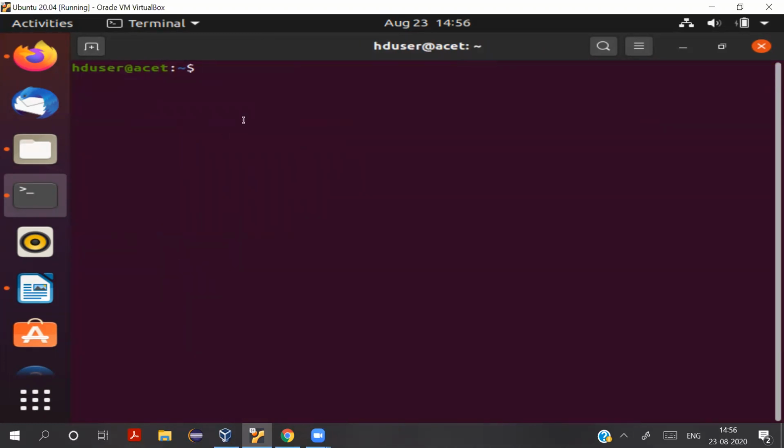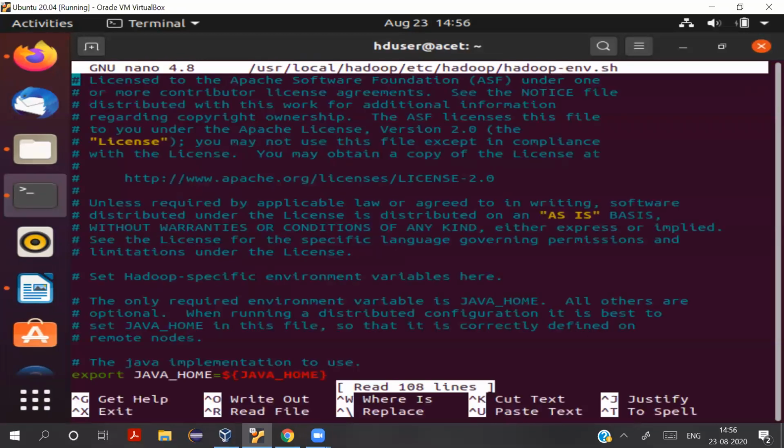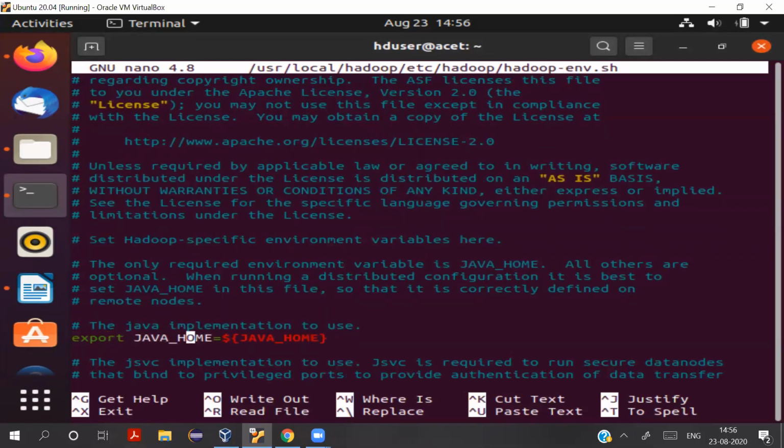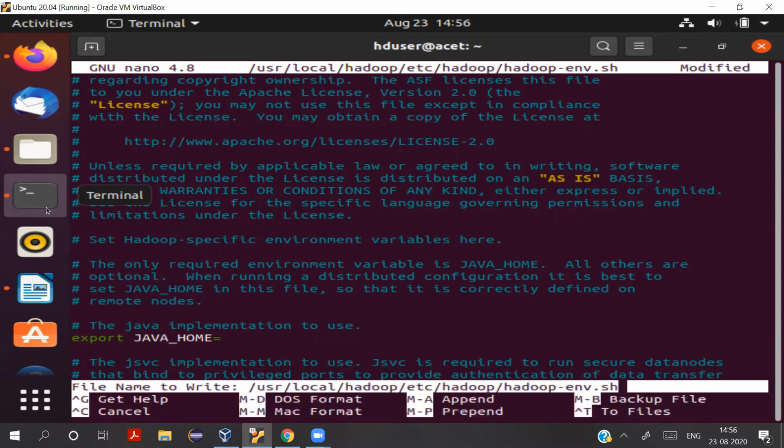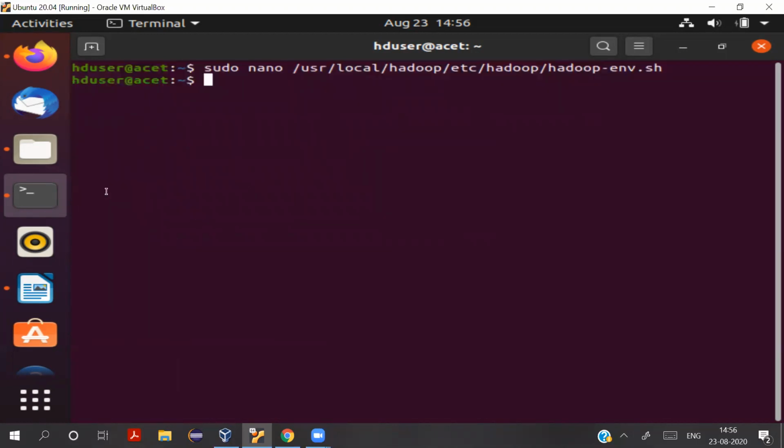and then opening this file, hadoop-env.sh. Once you open this file, there is already a setting there for JAVA_HOME. You just need to paste the same Java home, the place where Java is installed. So we can generate it again, I think. Yeah, we need to generate it again. Let's see the command that we used before.